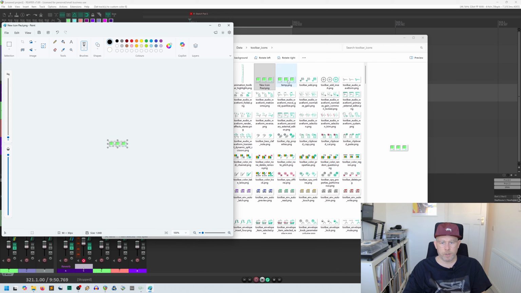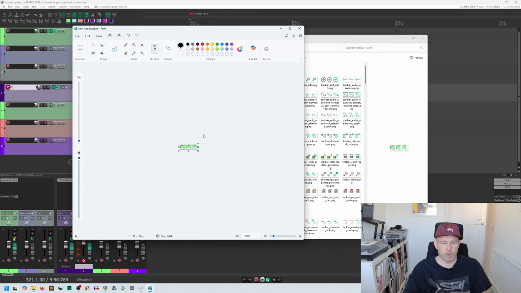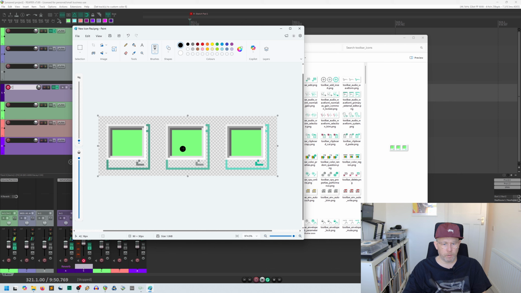So I've duplicated one of the existing icons, I've given it a new name, I've opened it in Paint. They are very small, so when you zoom in, you're working at a very low res, and you can see there's like a kind of green box around the three things in a lot of them. So what I've done is I've worked inside that green box to give me like a line of where things should be. But if I wanted to make a new icon, say, all I would do is try to,